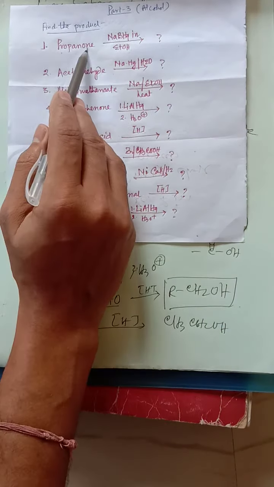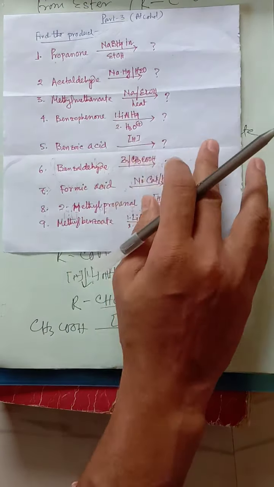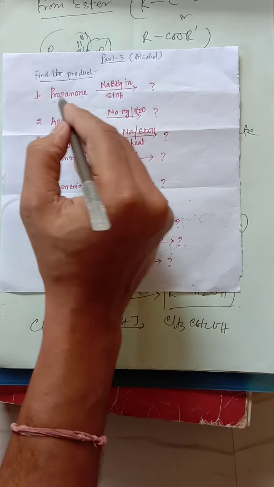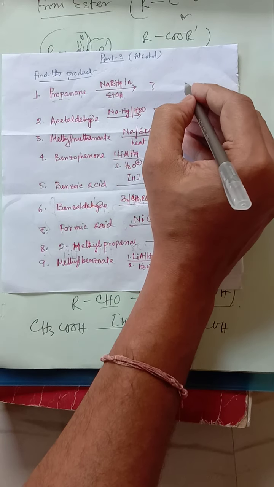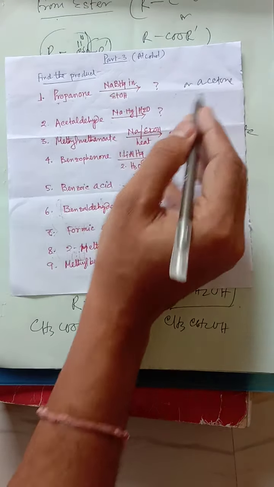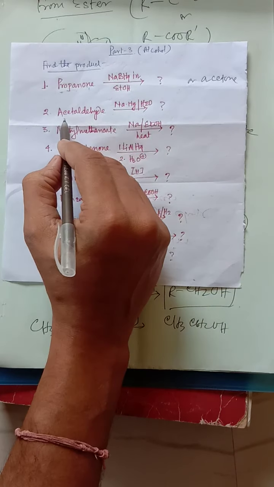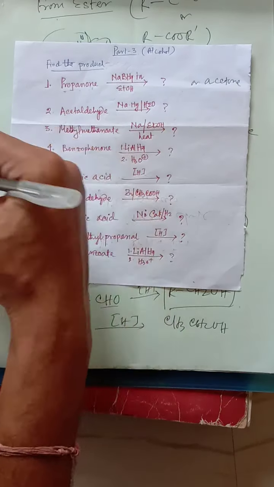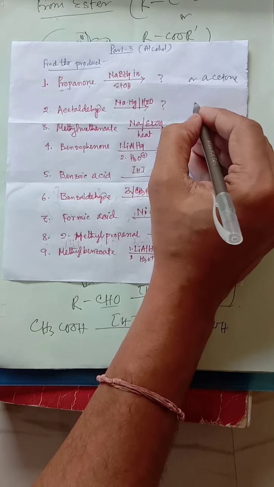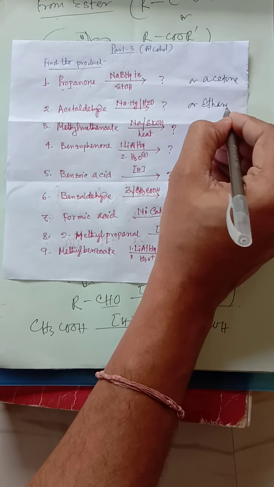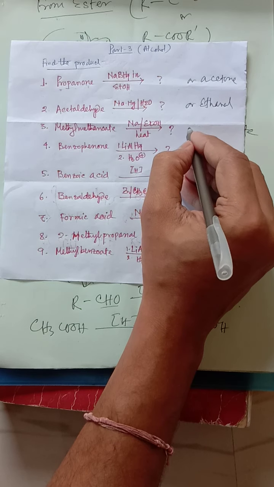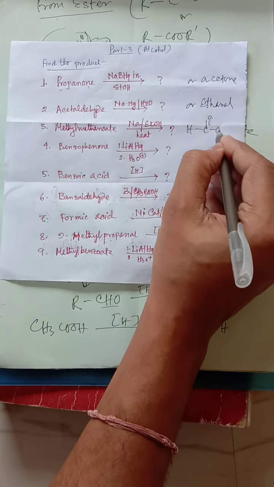Obviously in all cases it is the ketone propanone. I have not given the structure, hope that you can find out and write the structure. So I am giving one on this. Propanone means acetone, I have already discussed in the class. Acetaldehyde, in case of aldehyde I have already discussed. Acetaldehyde has another name, that is ethanal. It is methyl methanoate. Methyl methanoate means this will be the structure.